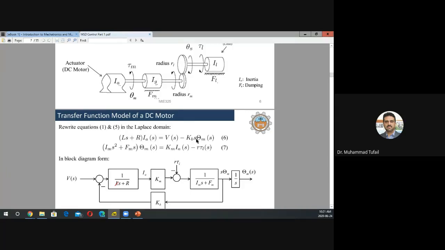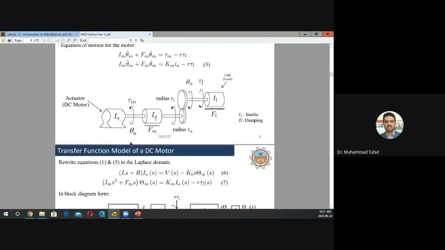Okay, so this is the Laplace transform of the electric equation. And similarly, you have to take the Laplace transform of the electromechanical equation, this one. So this will be J_m, and now you're taking the double derivative of the shaft angle, so you take s squared times capital Theta. Similarly, you take the Laplace of this, so it will be F_m. F_m is constant, so F_m times s Theta_m. By convention, all the variables in the Laplace domain are capital. And this is K_m times I_a(s)